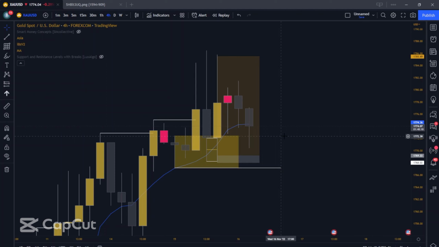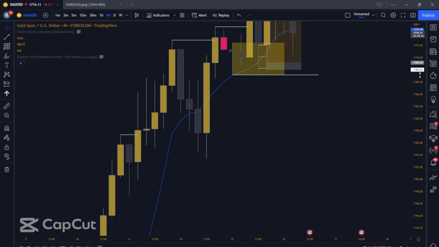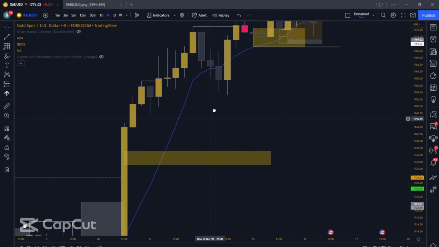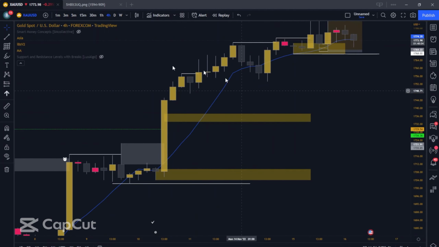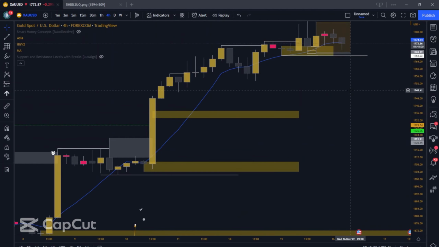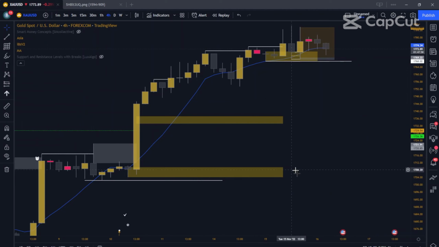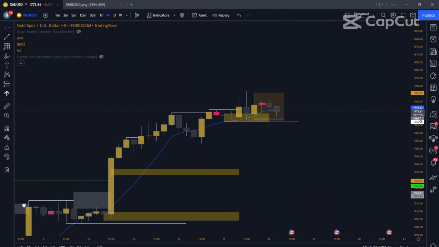Yeah, gold's just on a bloody mission. If we get a break of this low, I would expect a retracement, but as you can see, all of these wicks generally meet except for this inducement or this imbalance sitting down here. Eventually the market will want to collect this, but we can't tell when. When we do see a 4-hour change of character, we can use this as a target because this is where the banks would want to move the money to.